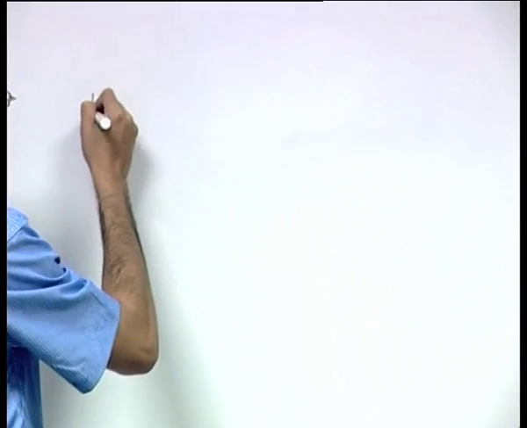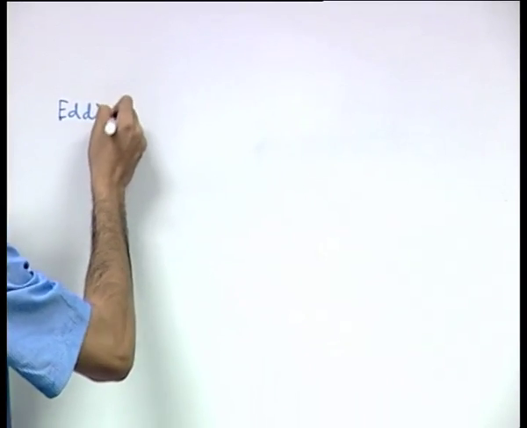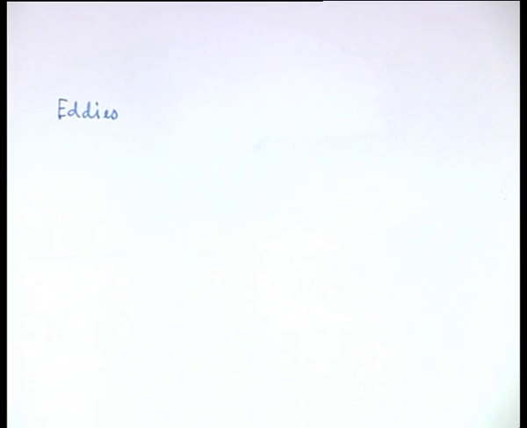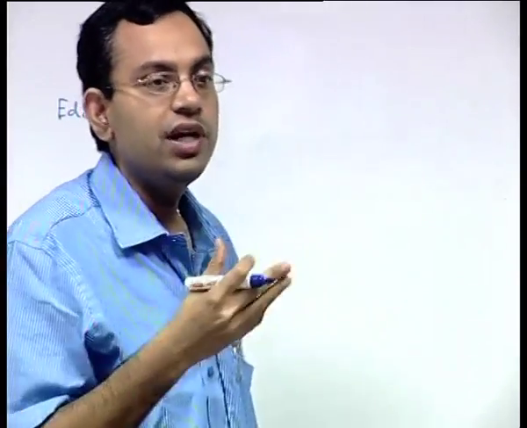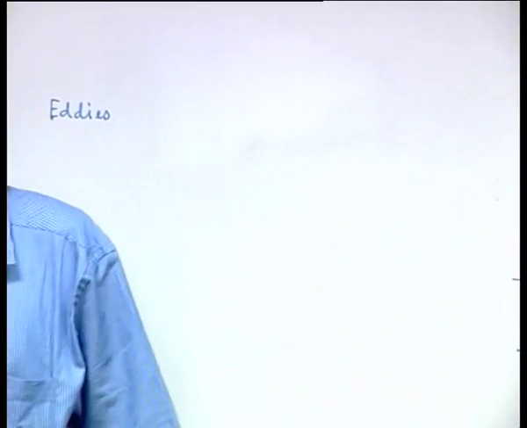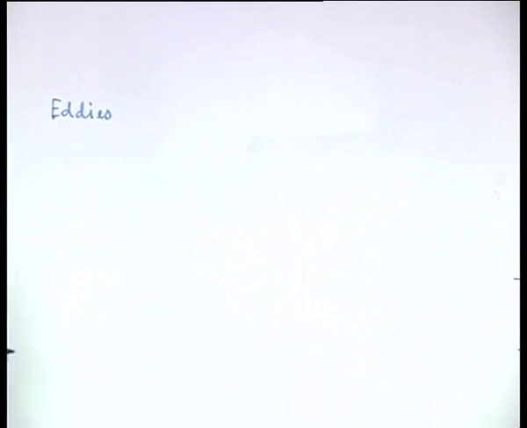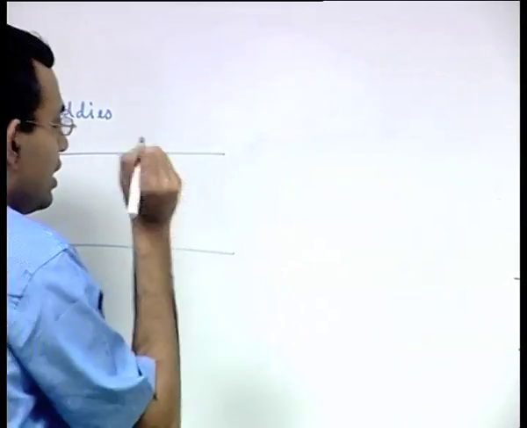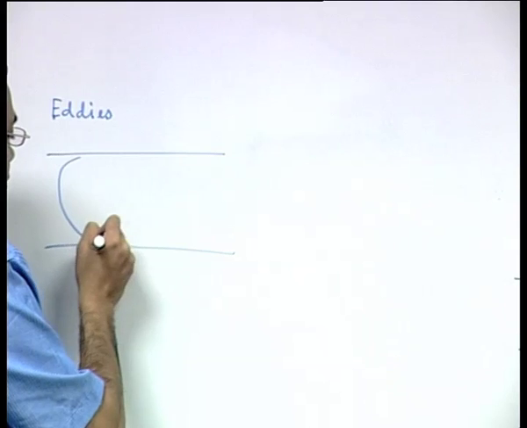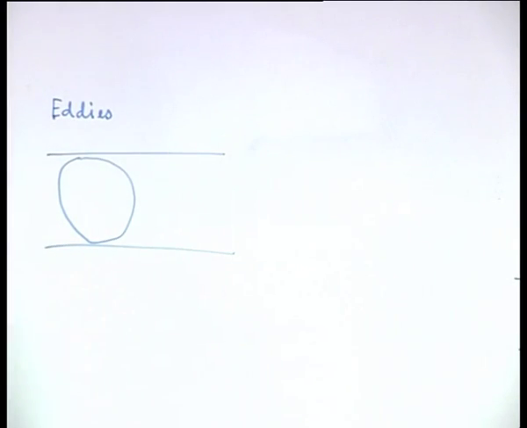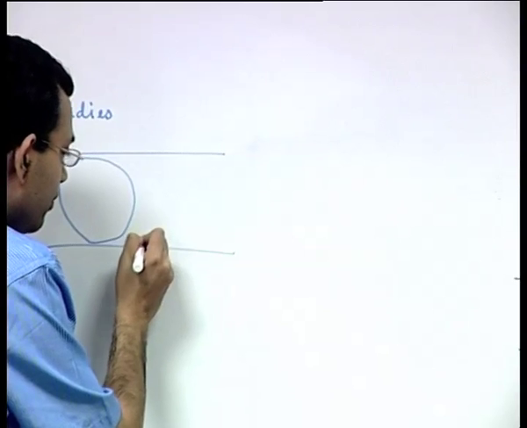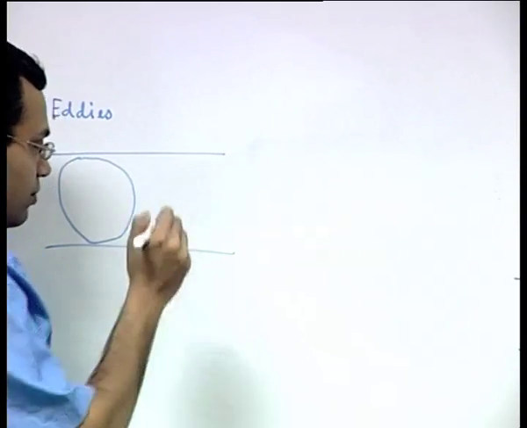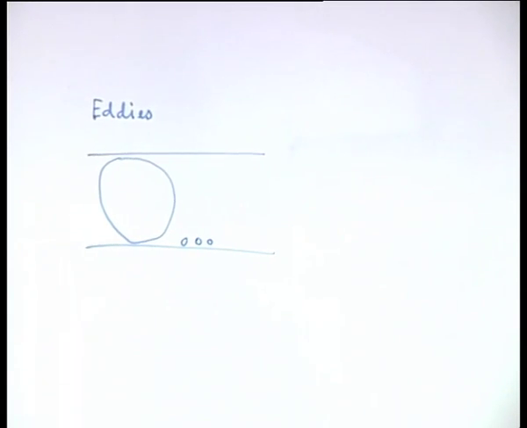So, the basic entities in the turbulent flow are lumps of rotating fluid masses called eddies. So, these are essentially some lumps of fluid which are rotating. Now, there are eddies of different sizes in a turbulent flow. If you consider a channel like this, you can have a large eddy, the largest eddy, which is of the system length scale, and you can have small eddies which are of molecular length scale.